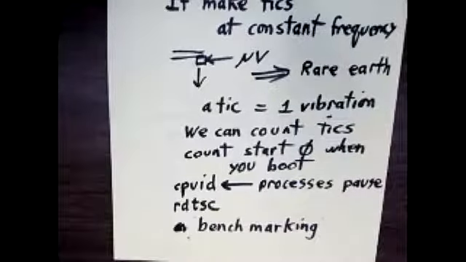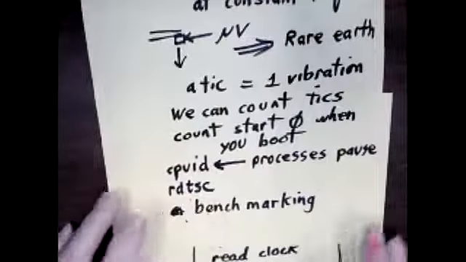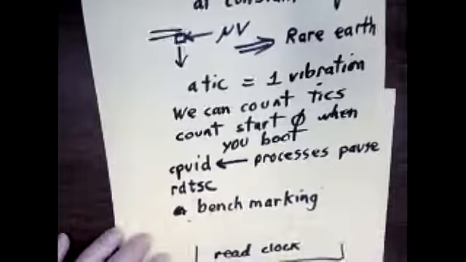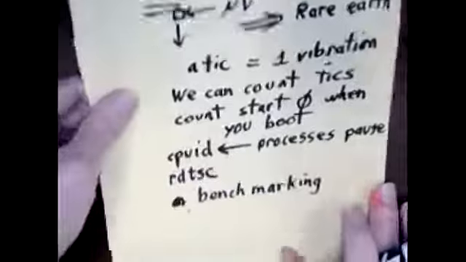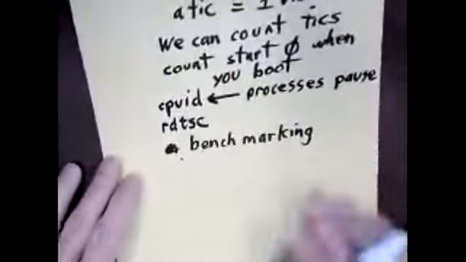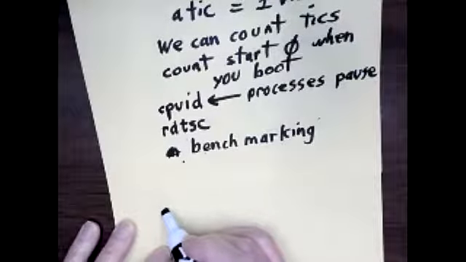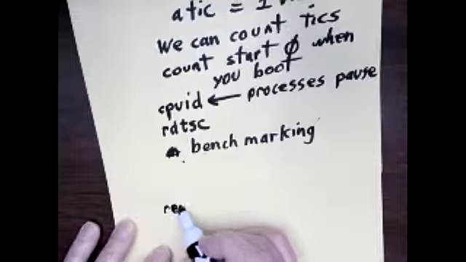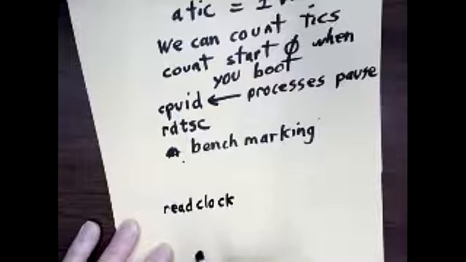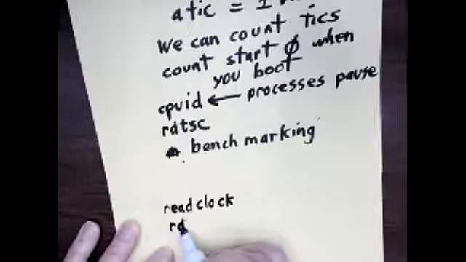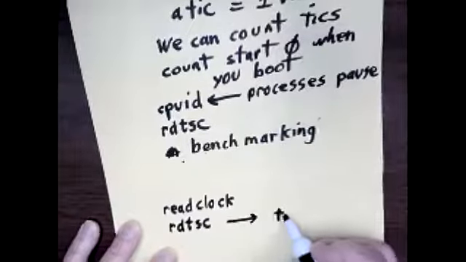This clock is often used for benchmarking and finding how long something requires to execute. And you get an answer. Let's make it over here. It's just under the clock. Okay. So let's say we read the clock at one time. And the official function that does that is RDTSC. So we get a number, ticks,